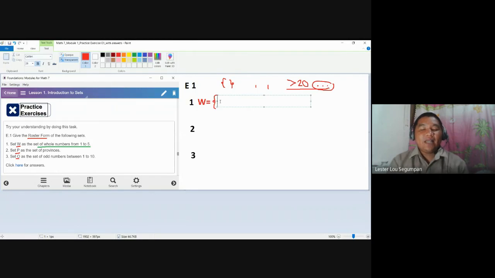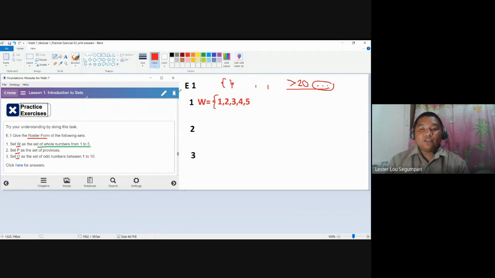The elements are whole numbers from 1 to 5. In short, the elements are 1, 2, 3, 4, and 5. It includes 1 and 5 because we use the phrase from blank to blank. To complete the roster form, enclose it in a close brace.